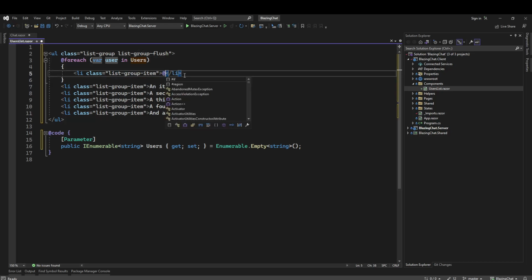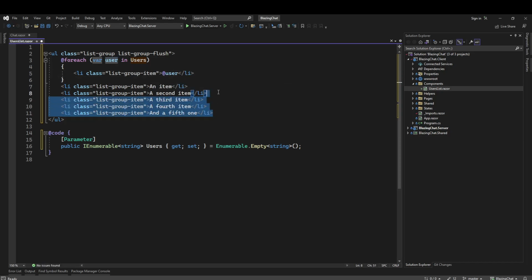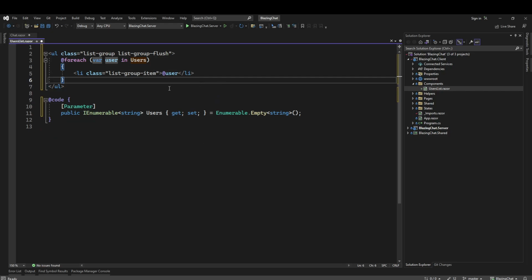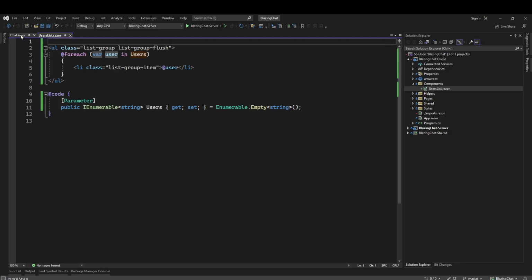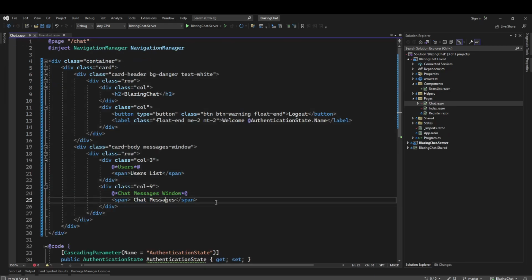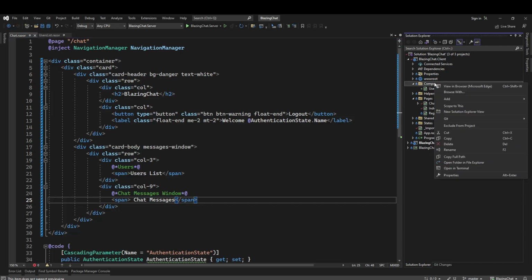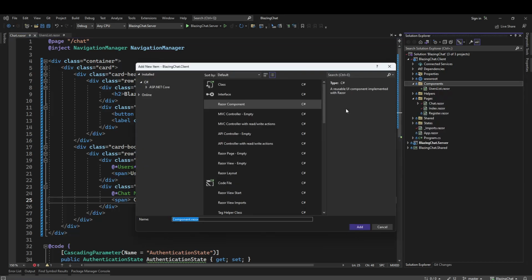Instead of an item, we will use user, and remove this. Fine, we have this users component ready. Then next thing, we need this chat message component. So let's create another component and let's call it messages,